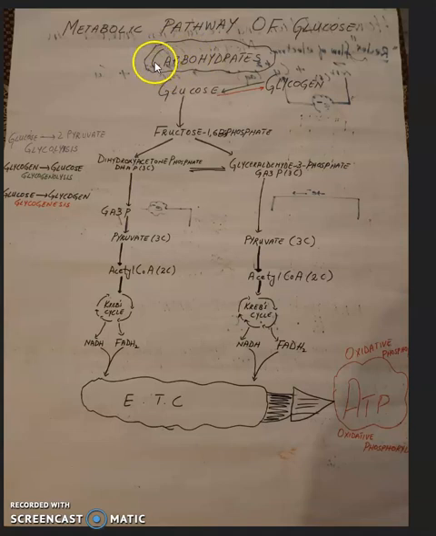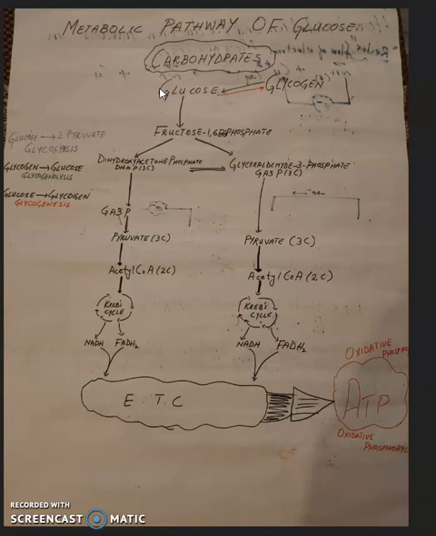As you all are aware, when carbohydrates enter our body, they can be stored in our liver in the form of glycogen. Glycogen and glucose are interconverted into each other in our body, and now we're going to see how glucose is converting into pyruvate and ultimately we are getting ATP. So let's see what are the steps of